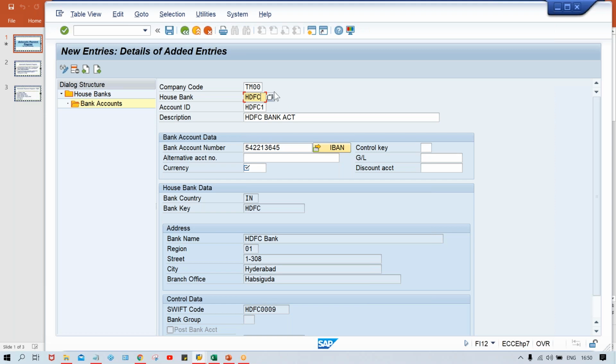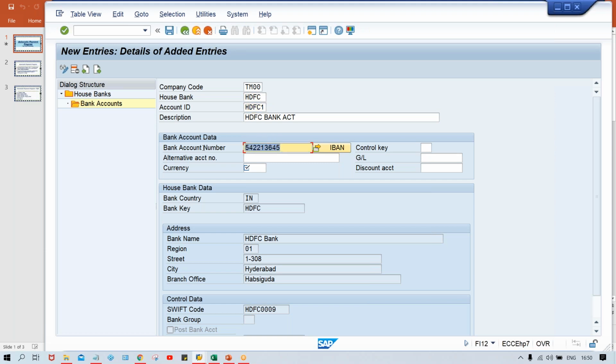It means I have created HDFC as a house bank, or HSBC, or it could be any bank, guys, any house bank. In one bank you can have multiple accounts, right? So in HDFC, if I'm having 2 accounts or 3 accounts, then under HDFC I'm going to give account IDs HDFC1, HDFC2, HDFC3, like that.